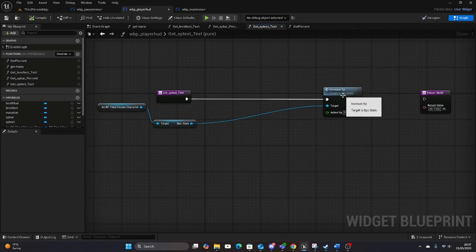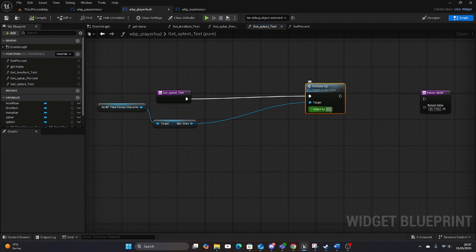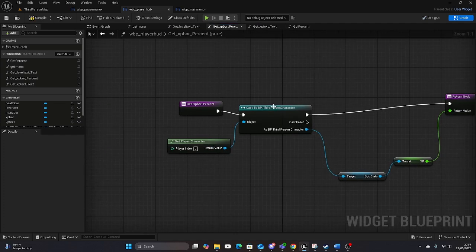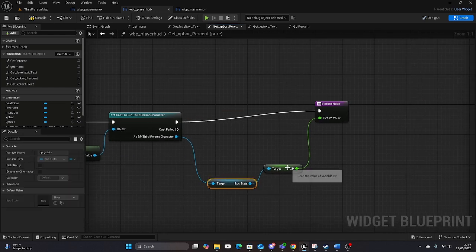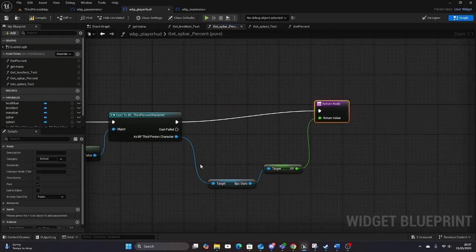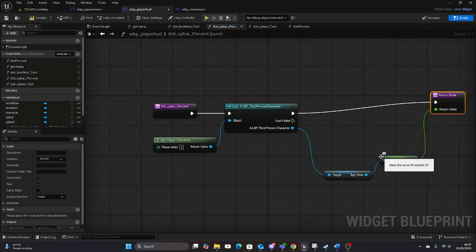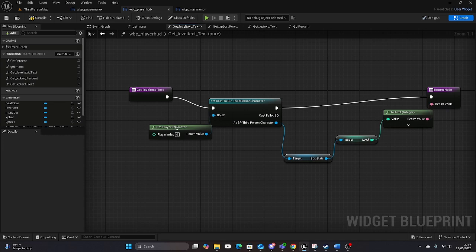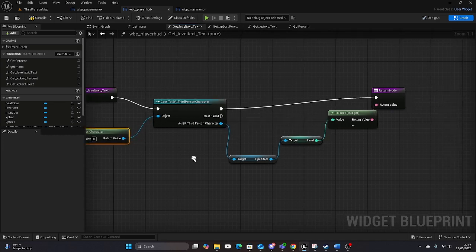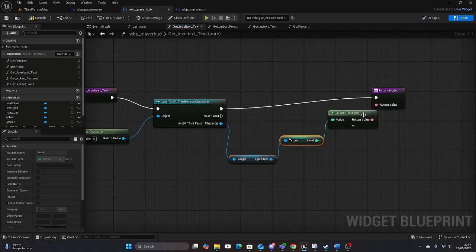And then we've got increase XP here. Obviously you can see the 0 added increase XP here because this is for the text I was trying to add that you unfortunately don't see in the game. And then this is the XP percent, which is literally just the same, except it has to get BPPC stats, because that's where the XP is stored as well. So when it reaches 100, it increases the level by 1, which is what we have here. Get level text. So cast to the third person player, gets BP stats, targets the level, sets the